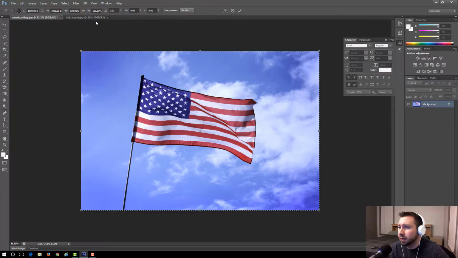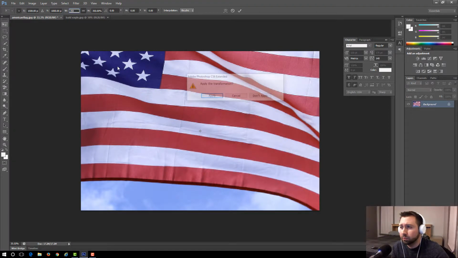And because I want the height and width to stay uniform with each other, when I make a change to one of them, I can do that by clicking this Constrain or Maintain Aspect Ratio button right here. So if I change the width, it's actually going to change the height to match whatever the width is. So for the width, let's go with 350%,